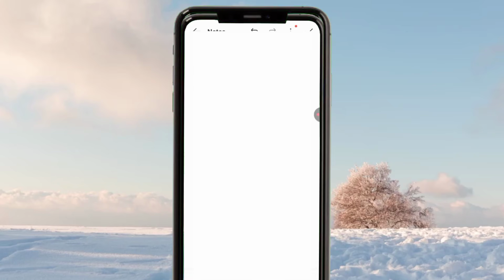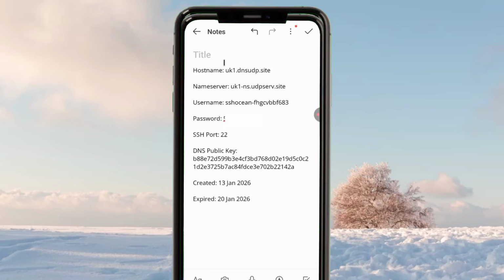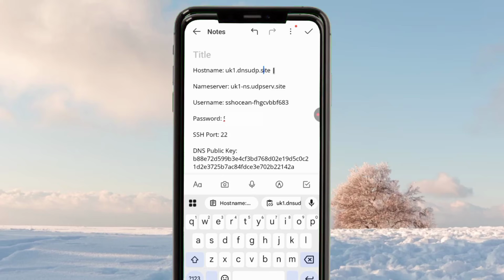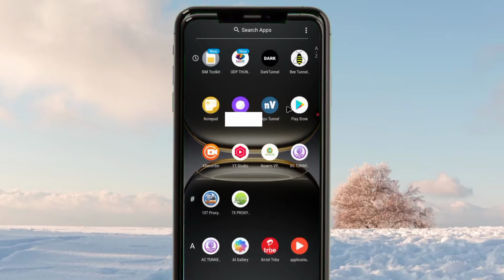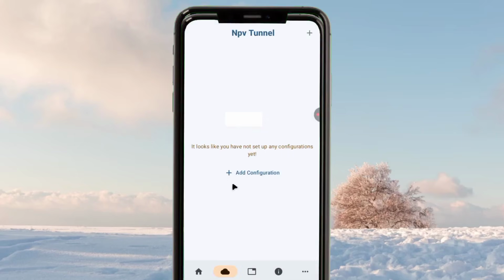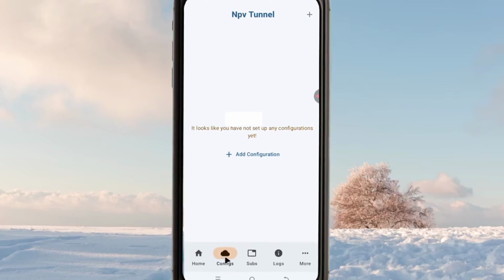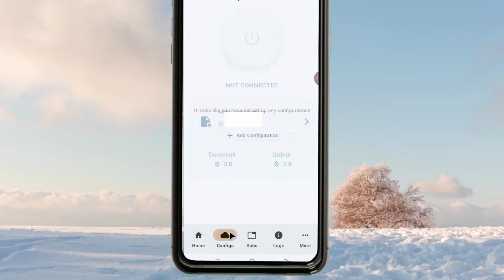So make sure to get one of the notes, or you can save these account details somewhere. From here you copy and transfer the account details to NPV Tunnel. So first of all, you copy, you save this account details, then you open the NPV Tunnel. When you open the NPV Tunnel, you tap on config, and when you tap config, it will take you